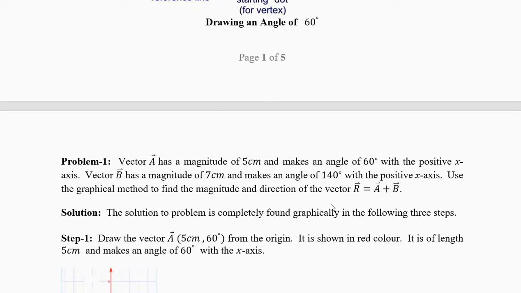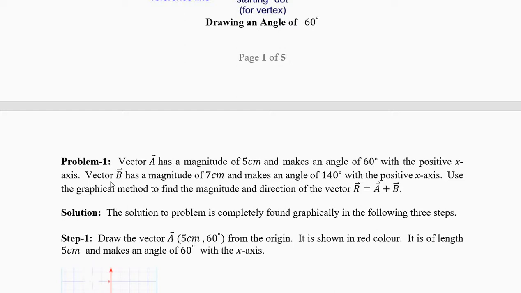Now read the question 3 times. Vector A has a magnitude of 5 centimeter and makes an angle of 60 degrees with respect to the x-axis. Now look, the vector A has a magnitude of 5 centimeters and an angle and a direction, and the direction is given through the angle. See, vectors have two things, magnitude and direction. The magnitude is 5 centimeters and the direction is 60 degrees. With respect to what? With respect to x-axis. Read the question carefully. Sometimes the angle will be given with respect to y-axis or something else. So read the question 2 times. This is an easy question, so all your reference lines are x-axis.